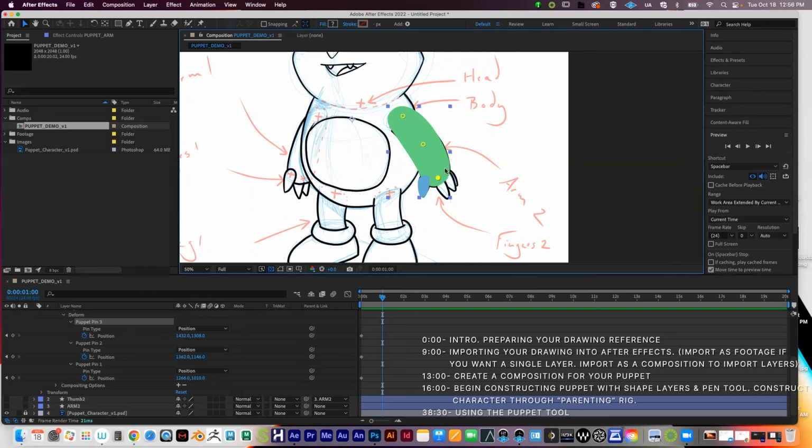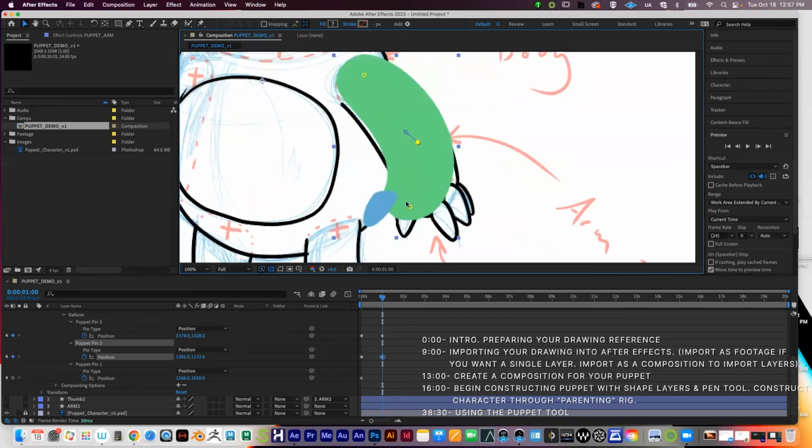So like this one right here, if I'm ever using the puppet tool, I am trying to keep it relatively simple, but you can see if you set up the joints correctly, there's some fluidity that happens here. And also notice that the thumb is